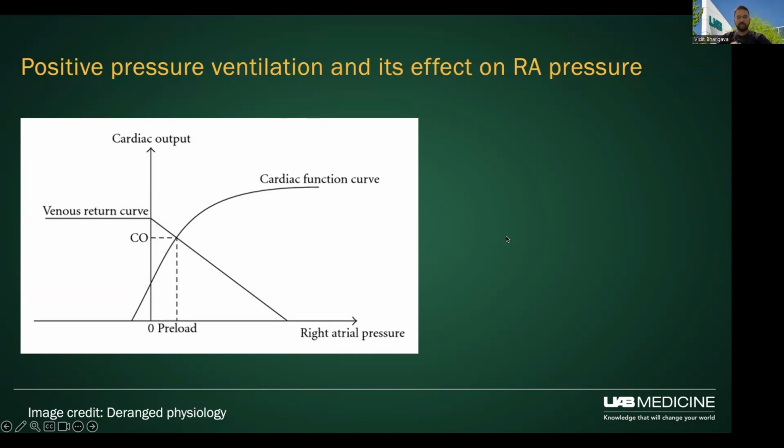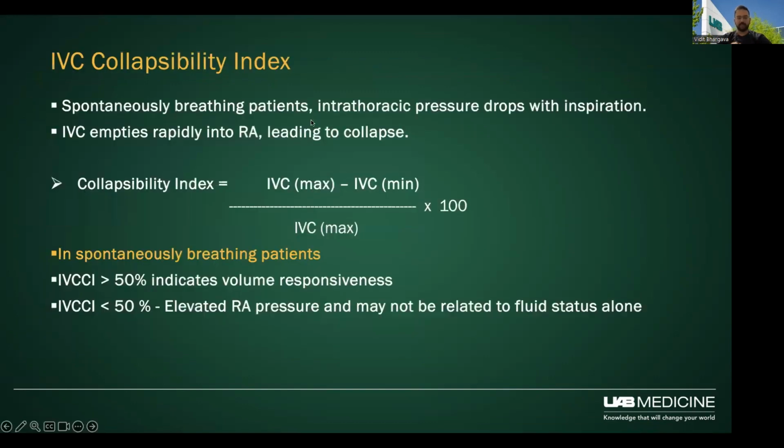So a lot of the dynamic measures are based on this understanding of physiology. And so the first one that investigators have looked at to the point of exhaustion is IVC collapsibility index. So in spontaneously breathing patients, as we said, intrathoracic pressure drops with inspiration, IVC empties into the right atrium, leading to collapse. And so the collapsibility index can be calculated as the maximum IVC diameter minus the minimum over the